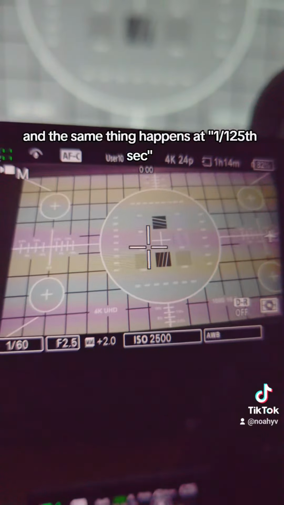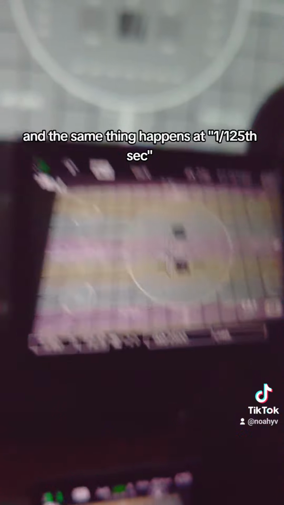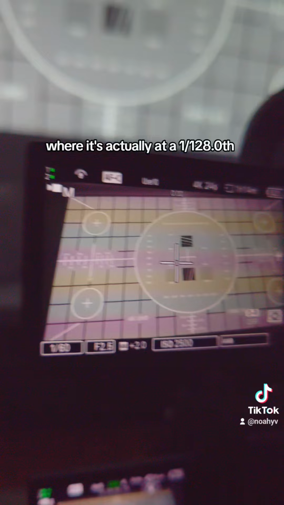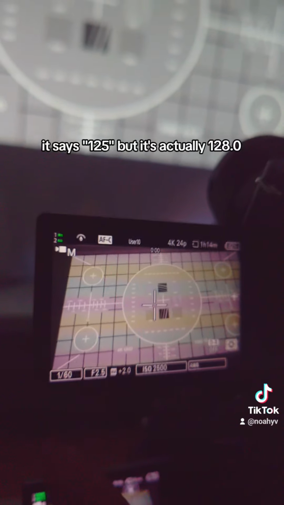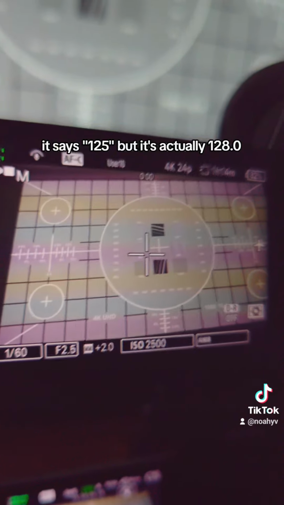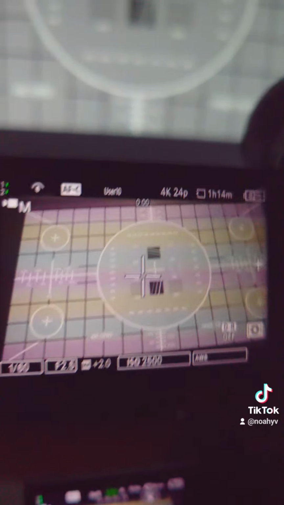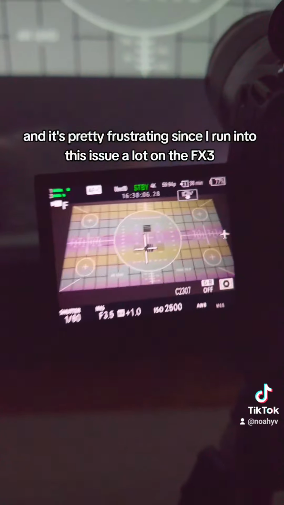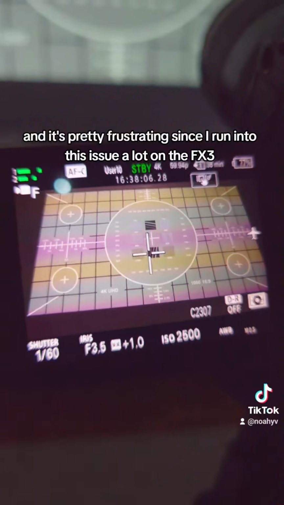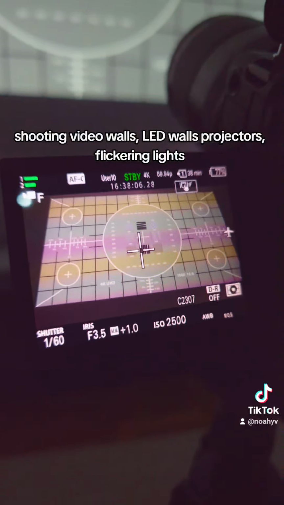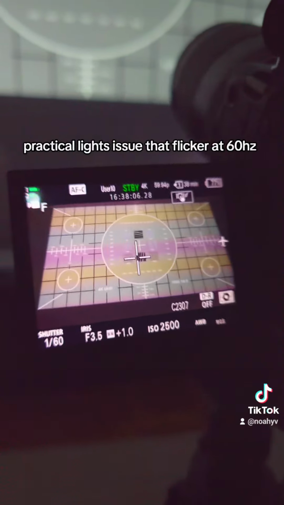And the same thing happens at 125th of a second, where you'll see it's actually at 128th. It says 125, but it's actually 128. It's a very weird quirk to these cameras, and it's pretty frustrating since I run into this issue a lot on the FX3, shooting video walls, LED walls, projectors, flickering lights, sort of practical lights that flicker at 60 hertz,